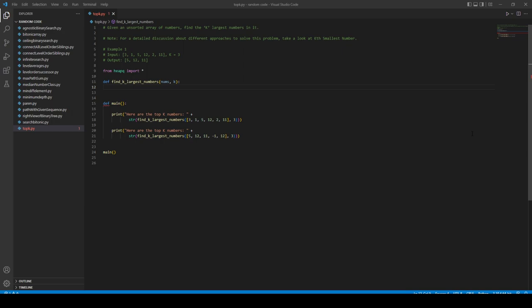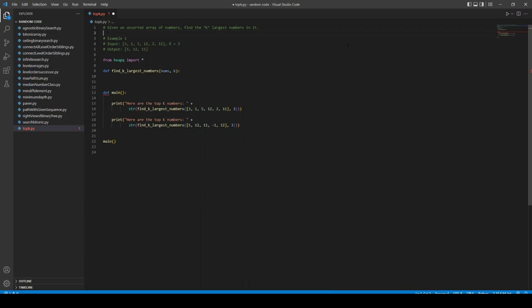Given an unsorted array of numbers, find the k largest numbers in it. I'll just take this line out, it's not really relevant. Example one, you have the input, and k equals 3, and you want to find the k largest numbers in there. So without further ado, we can get on with